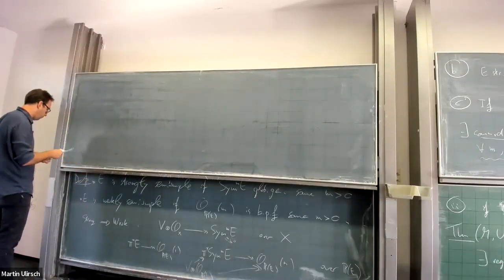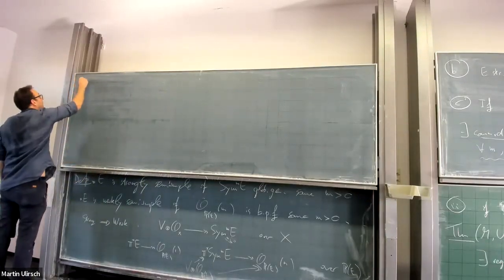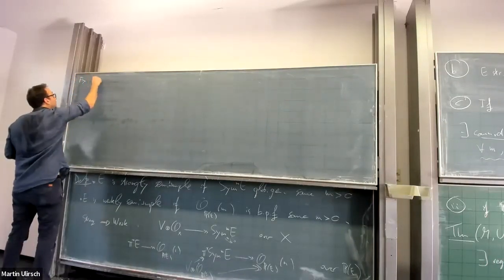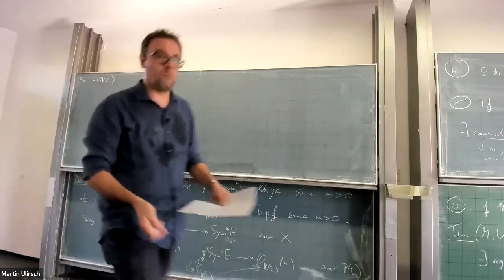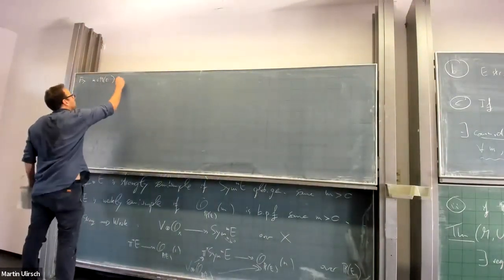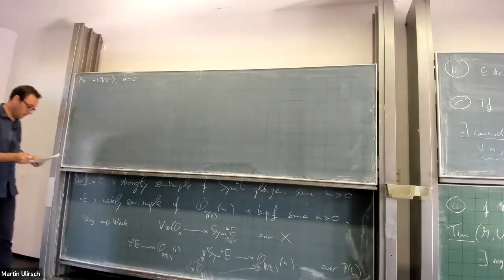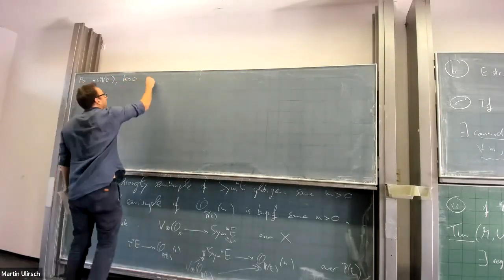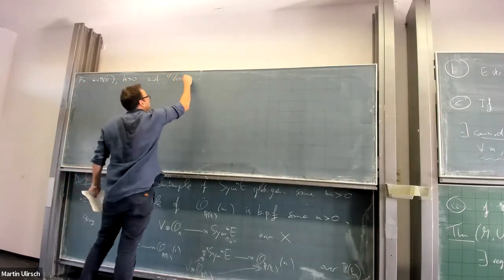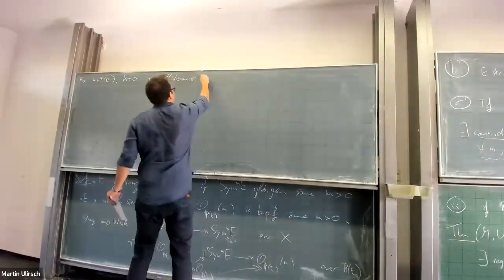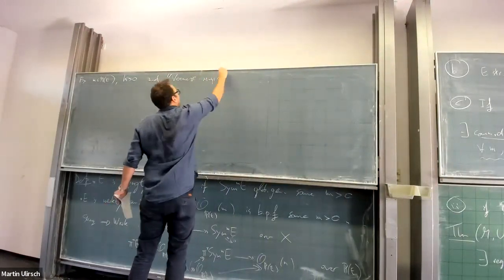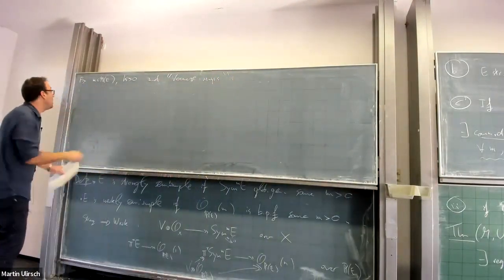So we fix, let's say, m in the semigroup, and then we consider all positive k, k bigger than 0, and the Veronese maps. I call them Veronese maps. By this, I mean the following: